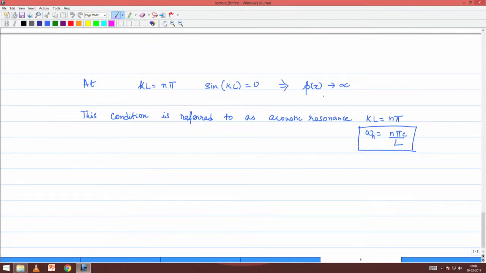We could possibly do more and actually find the mode shapes also corresponding to these resonance frequencies. Again, I would like to draw a parallel between the vibration analysis and the acoustic analysis in this case. In vibration analysis also, associated with each natural frequency you will find a mode shape. So, essentially the idea is that at certain frequencies you can expect that there will be a non-trivial solution even in the absence of excitation. In the vibration language it is called the free vibration response, the response which happens even without the expenditure of any forces. Similar thing can be thought of even for acoustics.